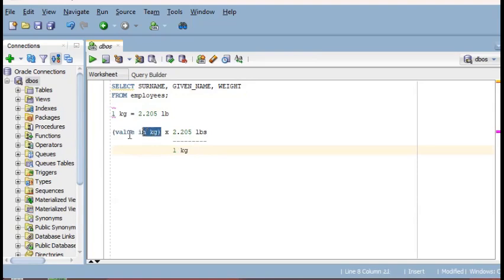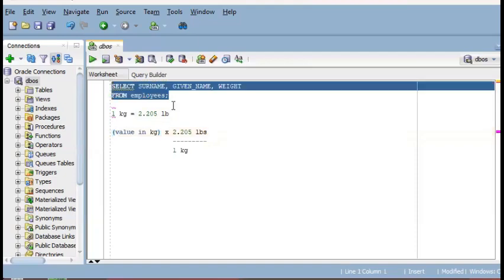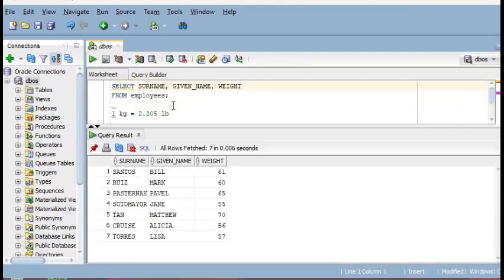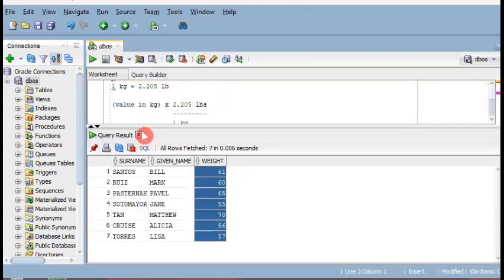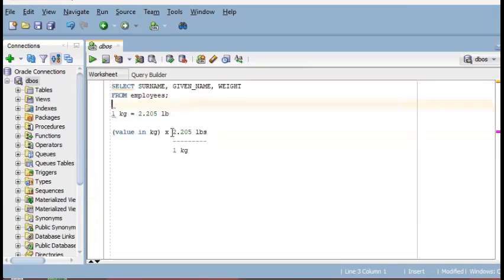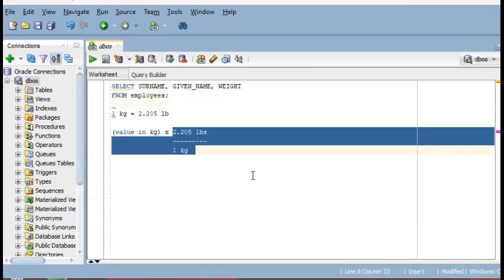So whatever is the value right now, you've seen that the values in the employees table are in kilograms. So we are going to be using this multiplier here to convert the values into pounds. All right. So now that I believe you have it a bit clear, we can now modify the SQL statement